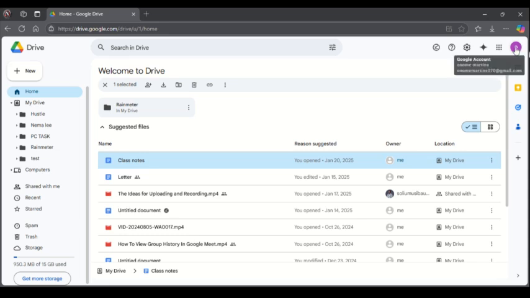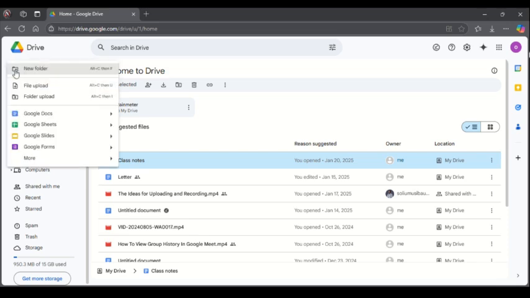Just click on the sign on button, then the name or the name icon over here signifies if you are logged in. Then if you are very sure that you are logged in, click on the New plus icon at the top left corner. Then from there, tap on File upload,